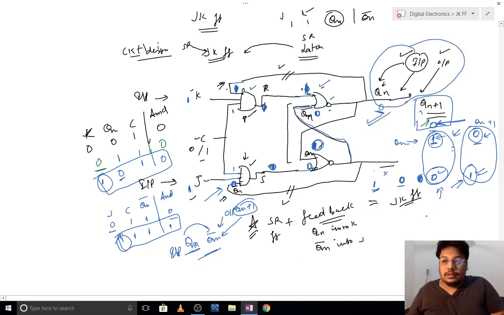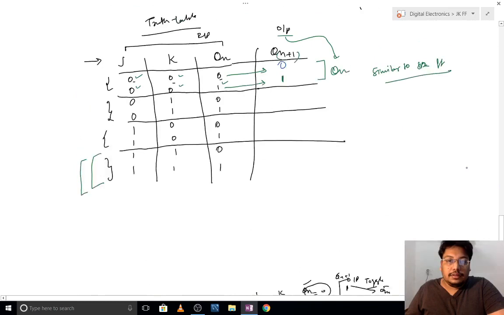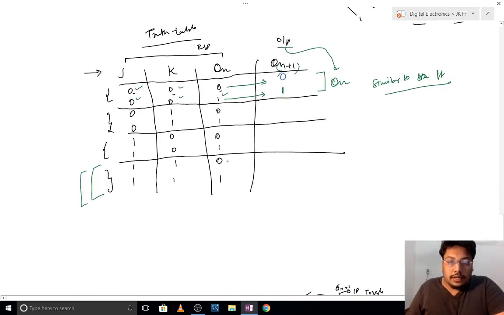This point is just to check that Qn and Qn bar must be opposite. So it means if Qn is 0 when J and K both are 1, then it will be Qn bar, which is 1. Again it will be Qn bar, from here it will be 0, so both will be taken as Qn bar.